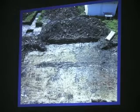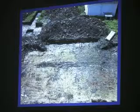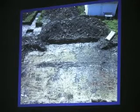And again, what we were doing was looking for the earliest history of the site. First of all, we found no evidence for a moat. We didn't have